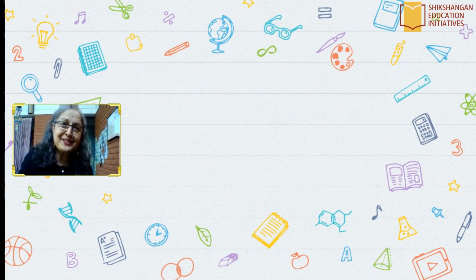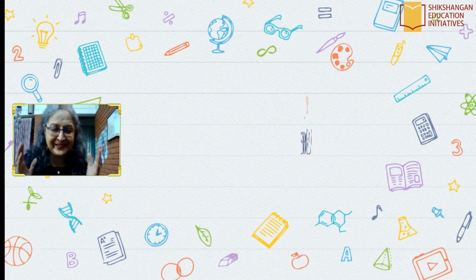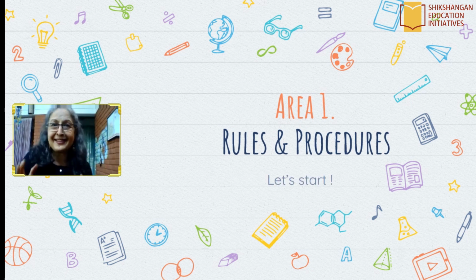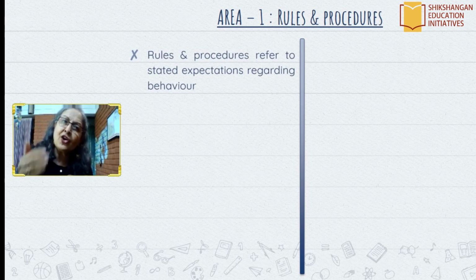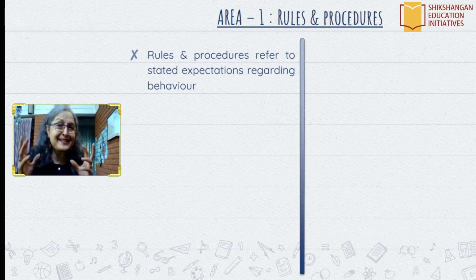The first one that we need to think about is, oh my God, so many rules, huh? Whether it is online, whether it is face-to-face, we're setting down the rules. So what is this idea about rules? It simply is referring to your stated expectation of student behavior. What do you want them to do? This should also apply to all the teachers, and stated expectations of behavior from teachers as well is something that needs to be in the rule book. So this is what rules mean. Procedures are a variety of steps you need to take in following the rules.